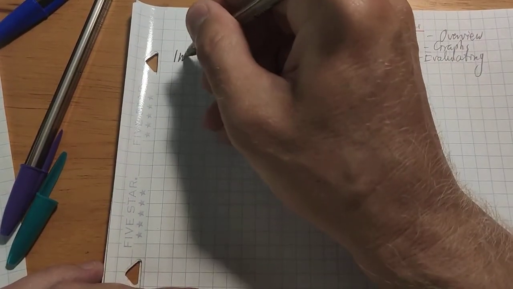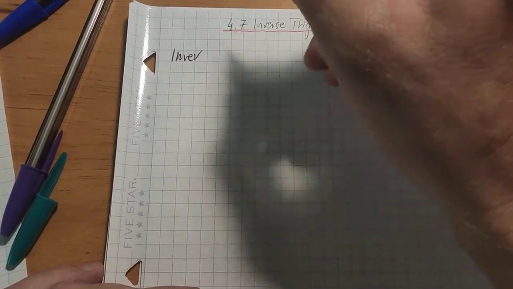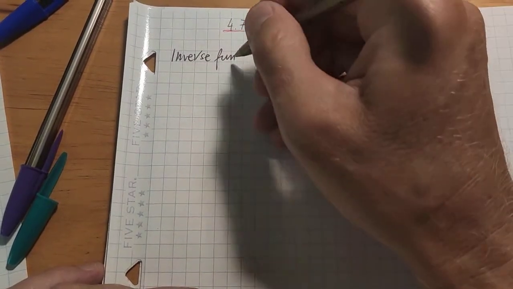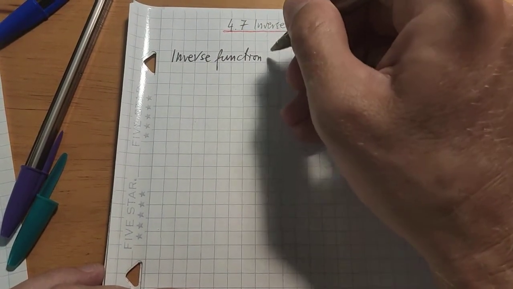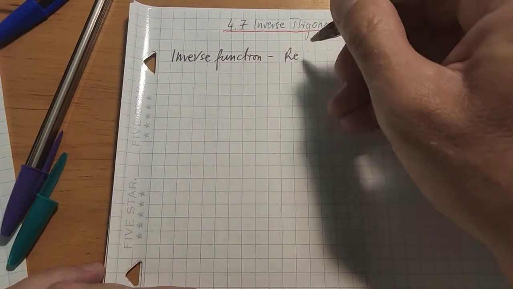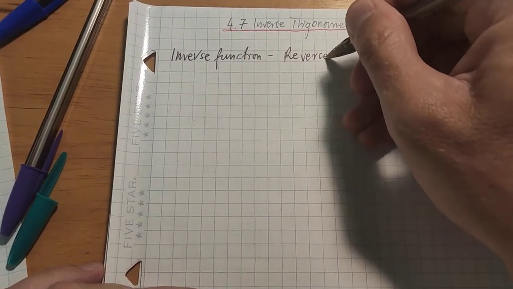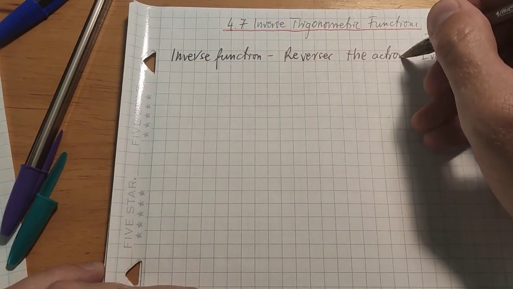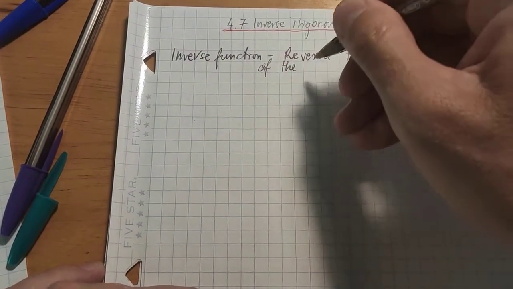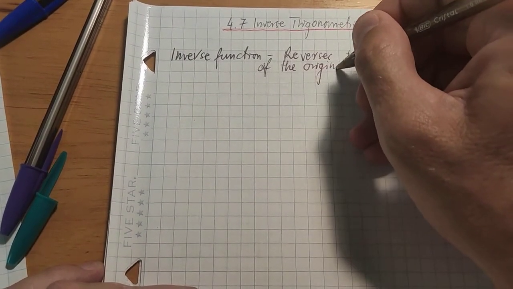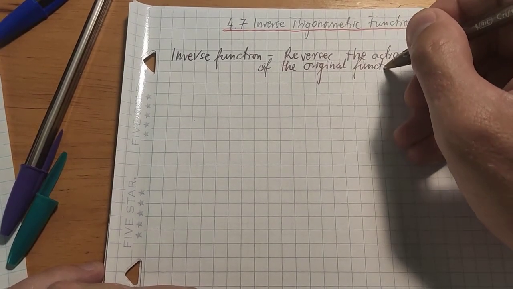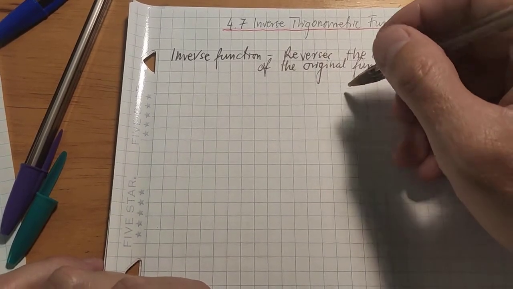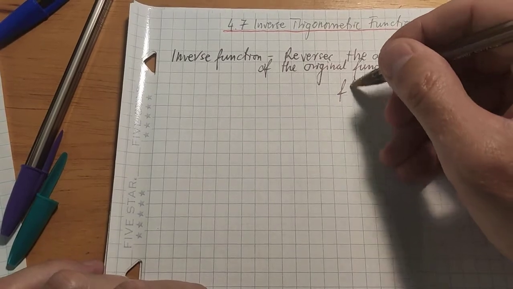It's not really a precise definition, but it'll suffice. Inverse function reverses the action of the original. Okay, so basically what it means, I'll give you an example, but for now, let's just look at,